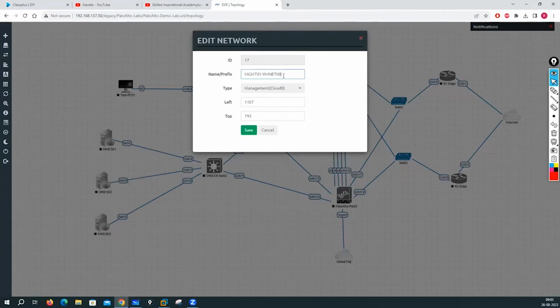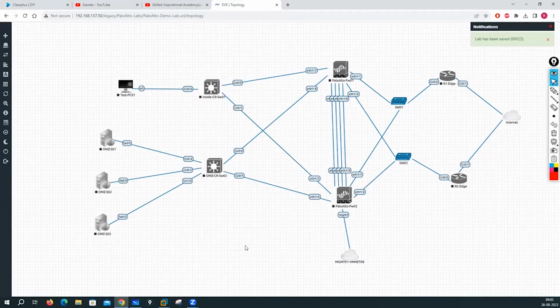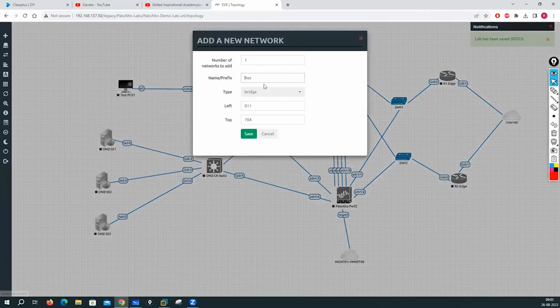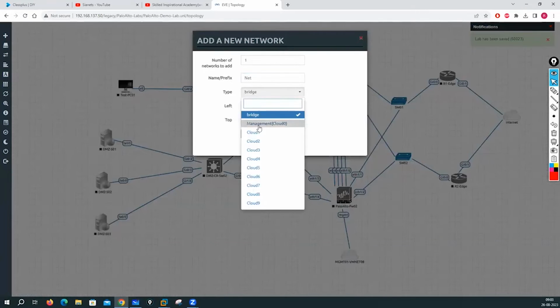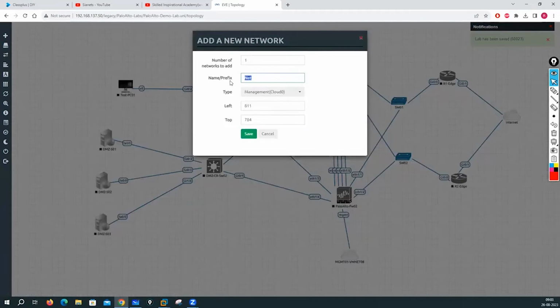vmnet 08. This is my vmnet network adapter 08. I'll add one more adapter with this management option, and I'll give the name mgmt firewall 01, and at the starting I'll put vmnet 08. This is for firewall 1,